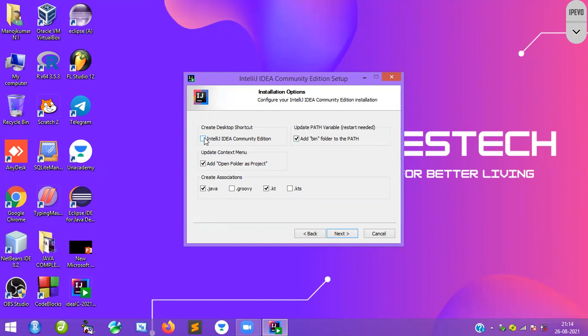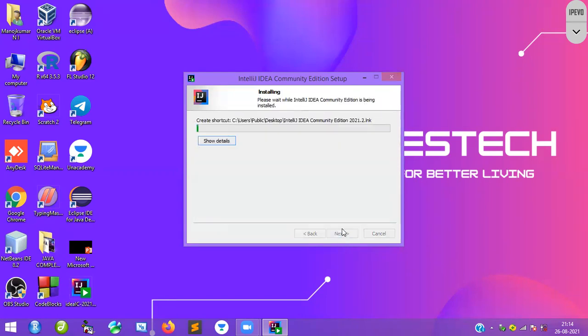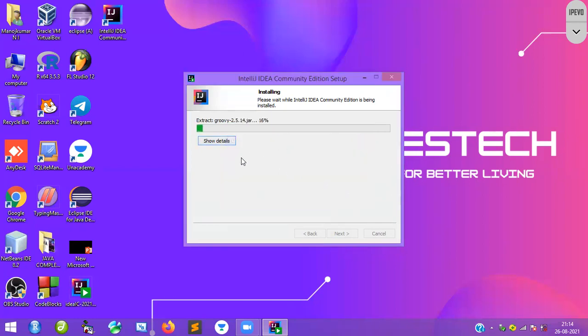So if you want any desktop icon, you can create the desktop icon here. So just next. So click all these options which are required for you. Okay. So when you select this, you can restart later also, no problem. Just select next, install. That's it. Already updated. Okay, no problem. It will take it, not a problem.